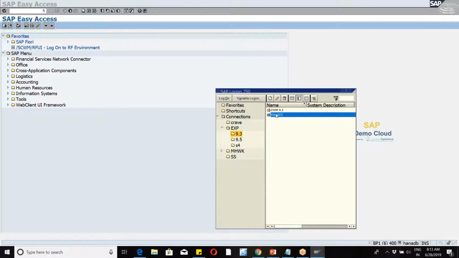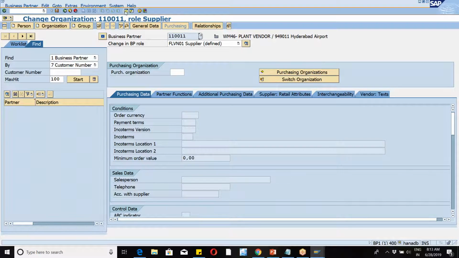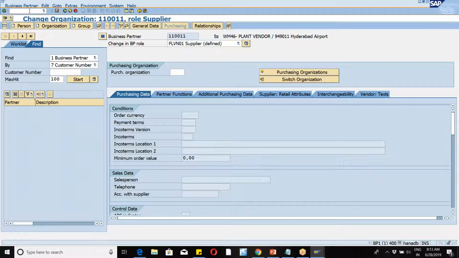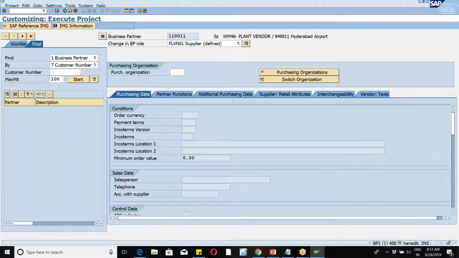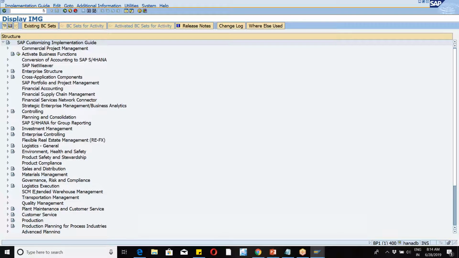Once S4 came into the picture, SAP tried to bring both systems into a single instance, like whatever we had in earlier SCM boxes. If you see this here, in the normal ERP under logistics execution, we will